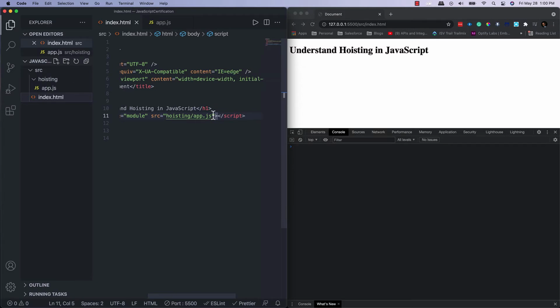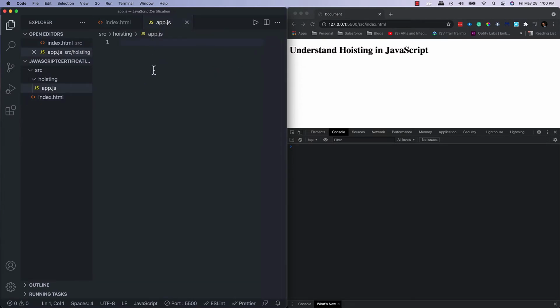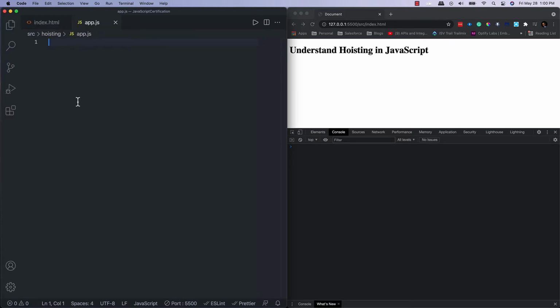And this is my app.js. I don't have anything in it yet because I'll be writing the content live in this video. And on my right side, I've opened that index.html in my Chrome window, and here is my console.